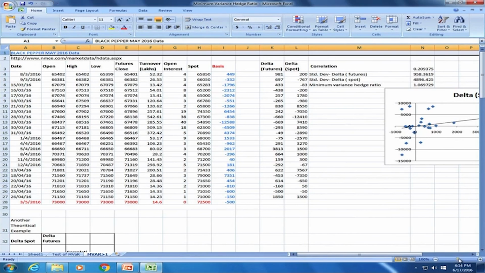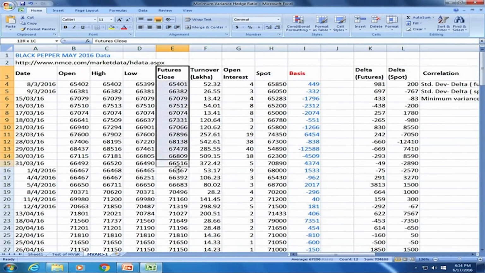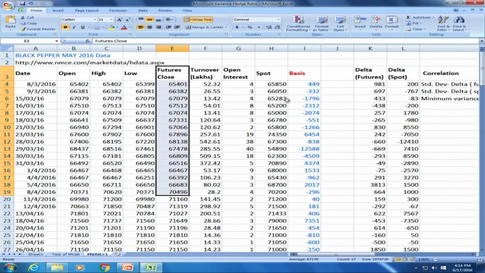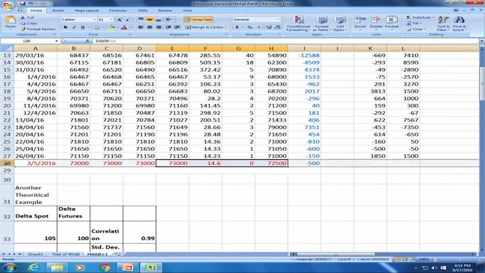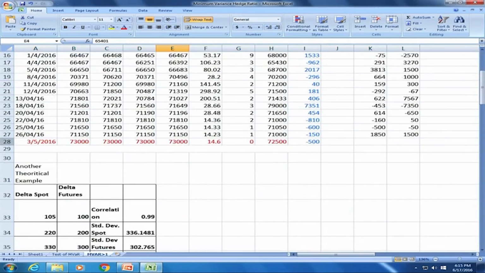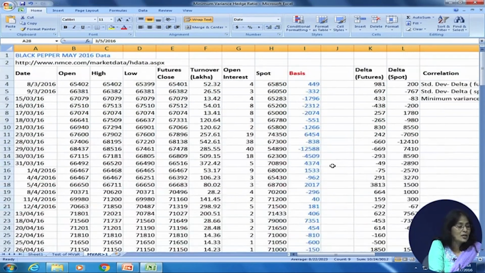I have the same data, however I have done some random modification to the futures price and the spot price, without making any change to the price prevailing on the contract squaring off date. So this part, the beginning price combination and the last price combination, the spot futures price combination, I have kept unchanged, and